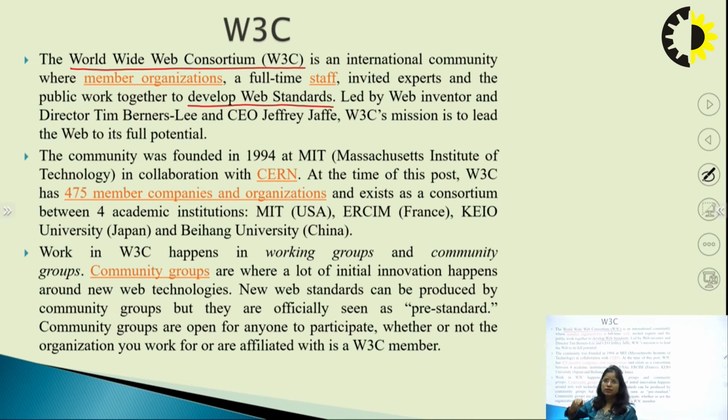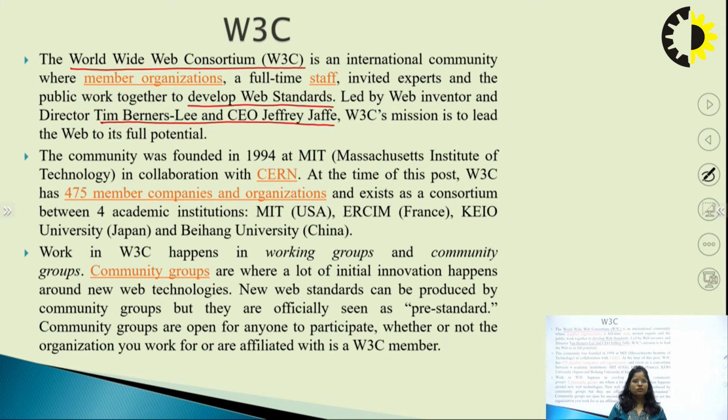Led by the web inventor and director Tim Berners-Lee and CEO Jeffrey Jaffe, W3C's mission is to lead the web to its full potential. So, Tim Berners-Lee plays a very important role in creating the web standards.